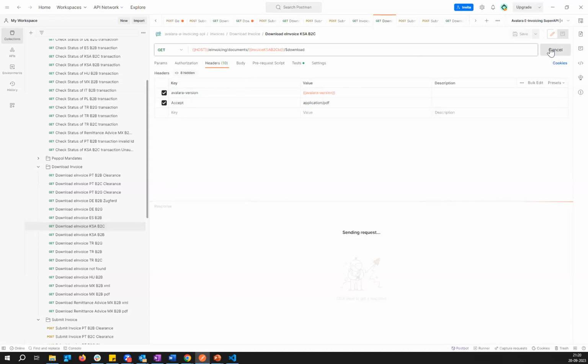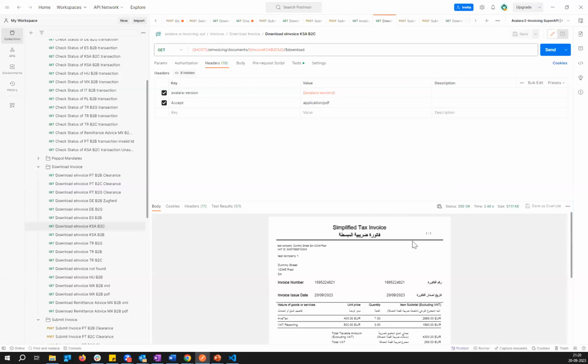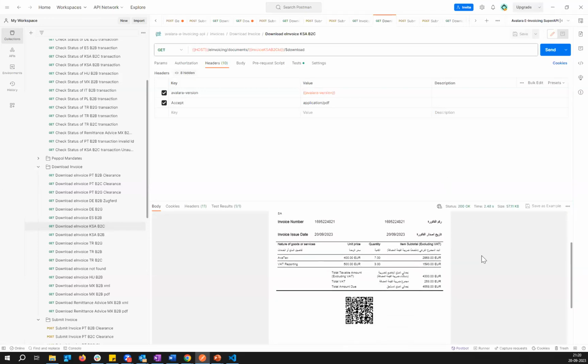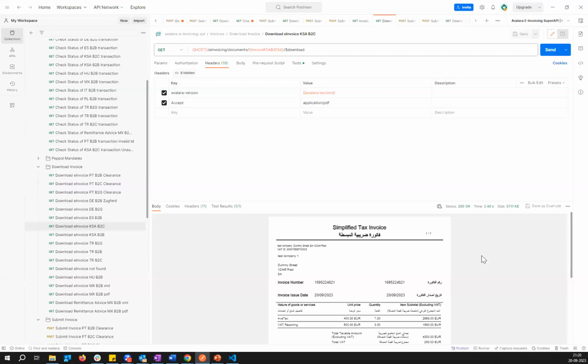Let me hit the send button. And you'll be able to see this simplified tax invoice. This is part of KSA phase 2. Here we support multiple languages like Arabic, Japanese. The simplified invoice is specially for KSA phase 2.